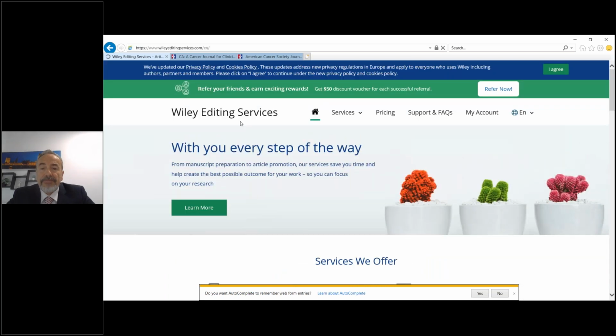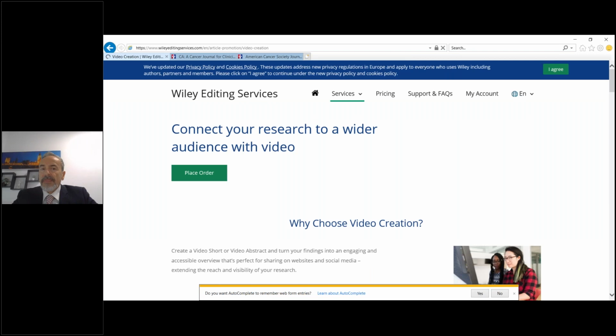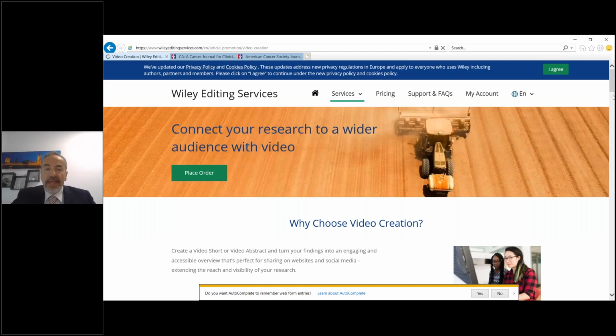So, as I showed you before, Wiley editing services, which is an additional service to Wiley Online Library, will allow you to benefit from all the services, from article preparation services to article promotion services. It's very easy to use. For instance, if you want to create a video for your article, or create a conference poster, you can just click on the service and you land on the web page of the service,